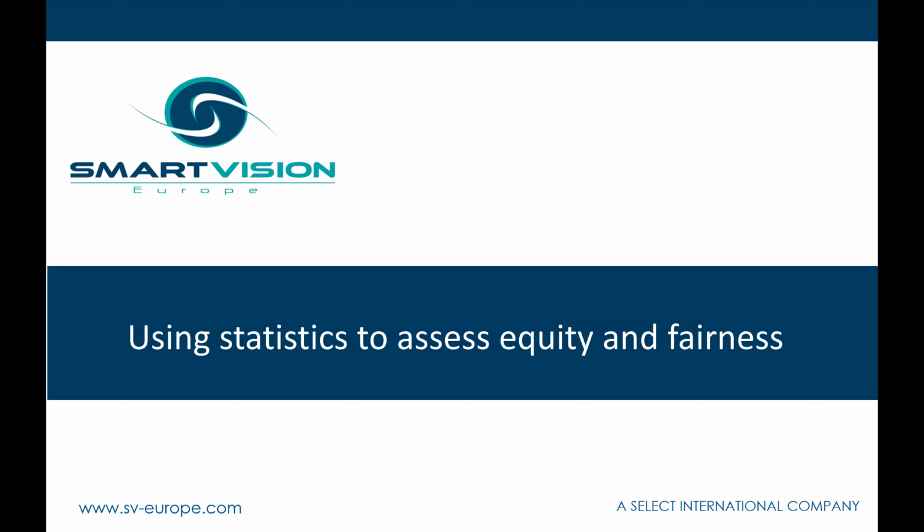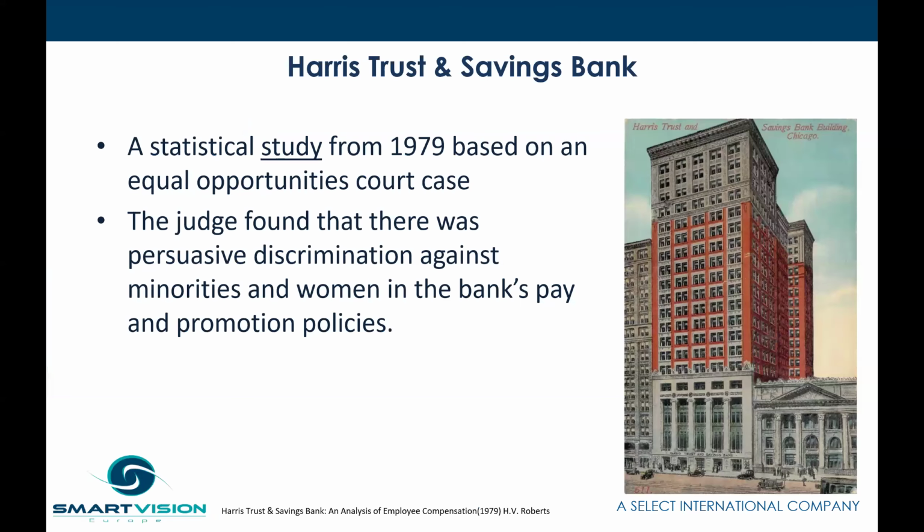It used to be called the bank data set. And it actually is based on some real data that go back to the 1970s and 1980s. And it was based on a data set about employees in a Chicago bank. The bank was Harris Trust and Savings Bank. And in the late 1970s, they were subject to an equal opportunities case where